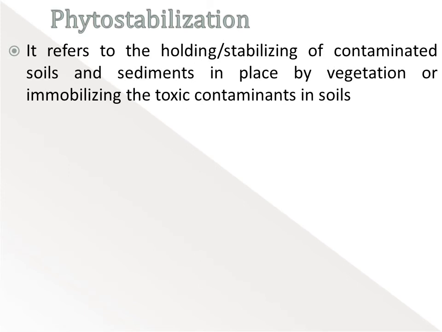Now the next way of phytoremediation is phytostabilization. As the name suggests, here plants stabilize the contaminants at a particular place. That means all the soil that is present around the roots is stabilized by the plants. Plants hold that soil onto their surfaces, immobilize that soil, and make the toxic contaminants remain concentrated only around the roots of the plants, so that these contaminants become immobilized and cannot move to the nearby soils.